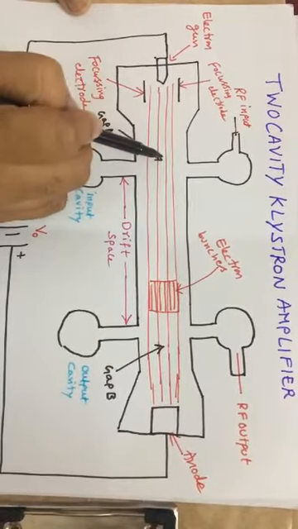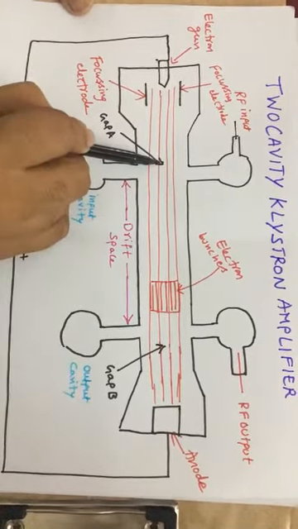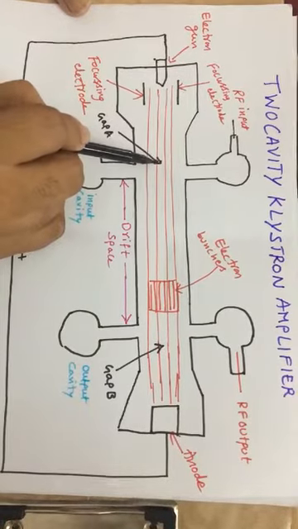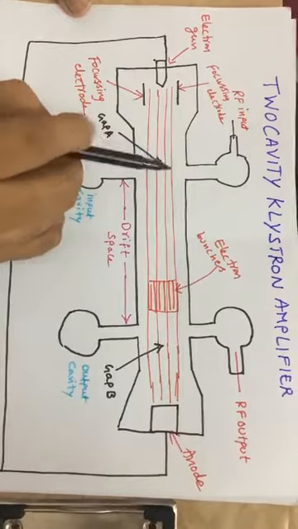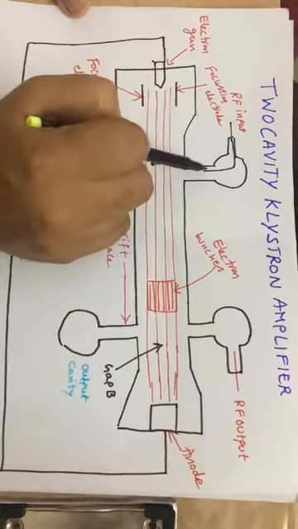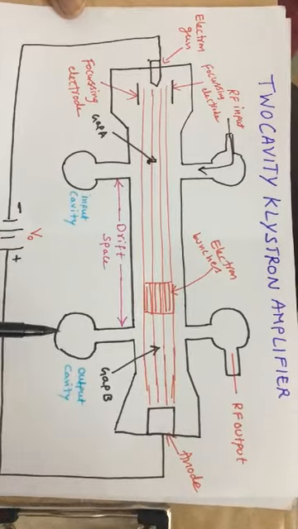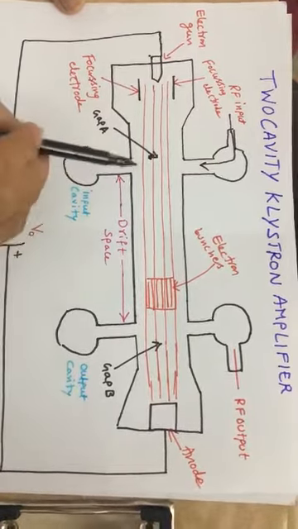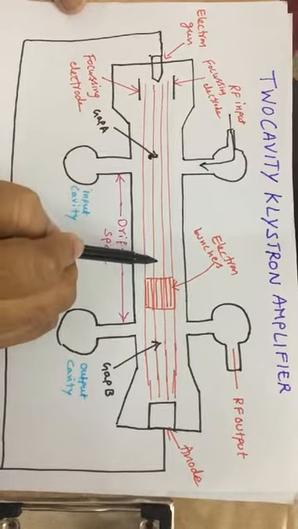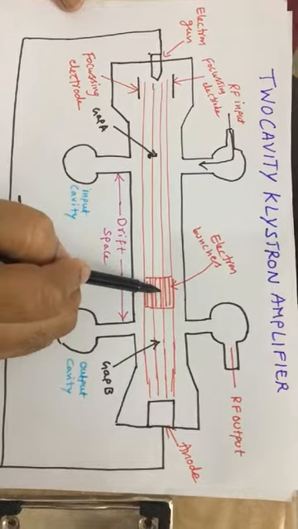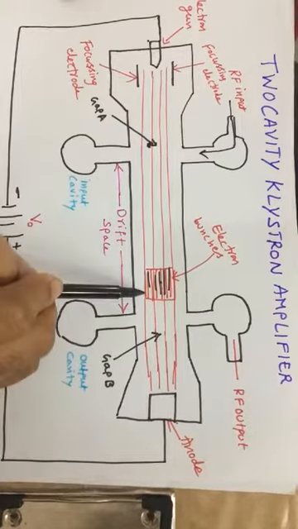Initially, by applying the negative voltage to the electron gun, it emits electrons. Once these electrons reach gap A, the input gap, velocity modulation takes place. That means the velocity of the electrons changes in accordance with the RF input signal given to the input cavity. As a result, all these electrons simultaneously reach the output cavity, so that electron bunches are formed at the gap of the